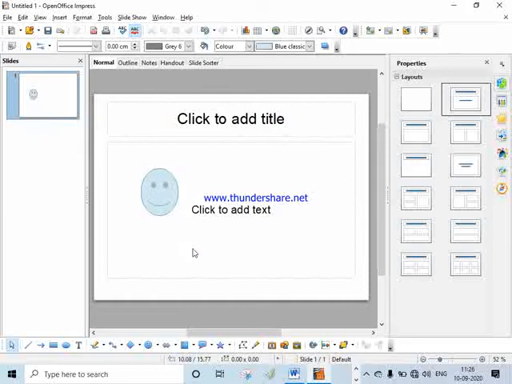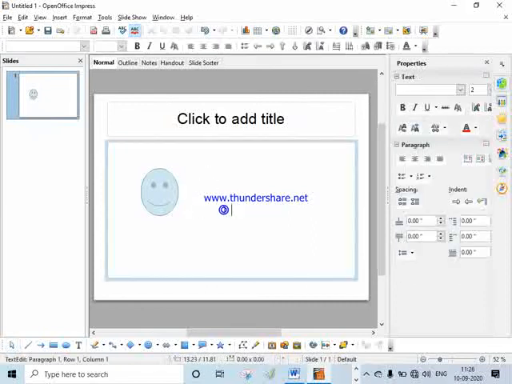The next is status bar. This is our status bar. Slide 1 of 1. It contains information such as the language of the selected text. If you want to select your text over here, and you click over here, then this shows your language.